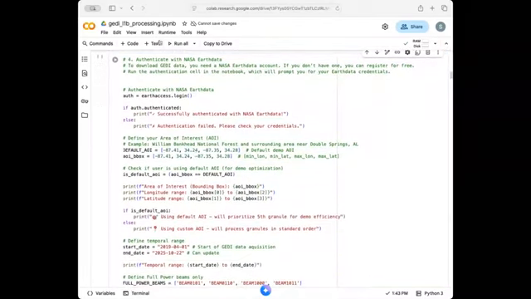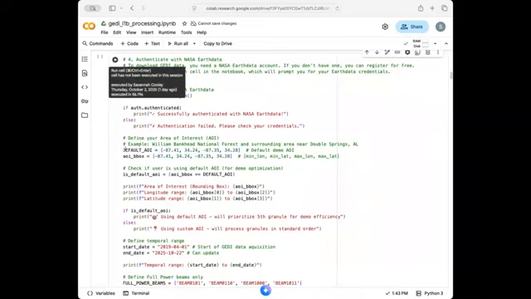In this next part, we will authenticate with NASA Earthdata. You'll need to enter your credentials when prompted. And again, these are free and can be obtained from earthdata.nasa.gov. And actually, before I run the cell, I also just want to highlight in the code here that we